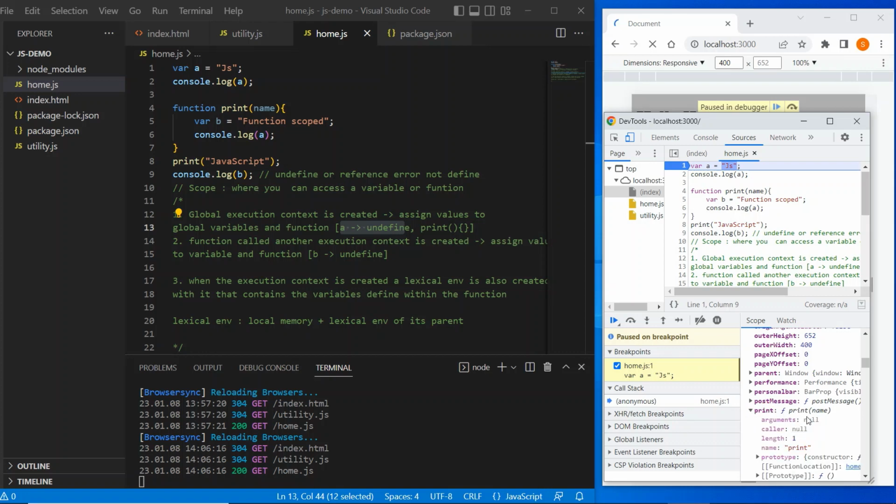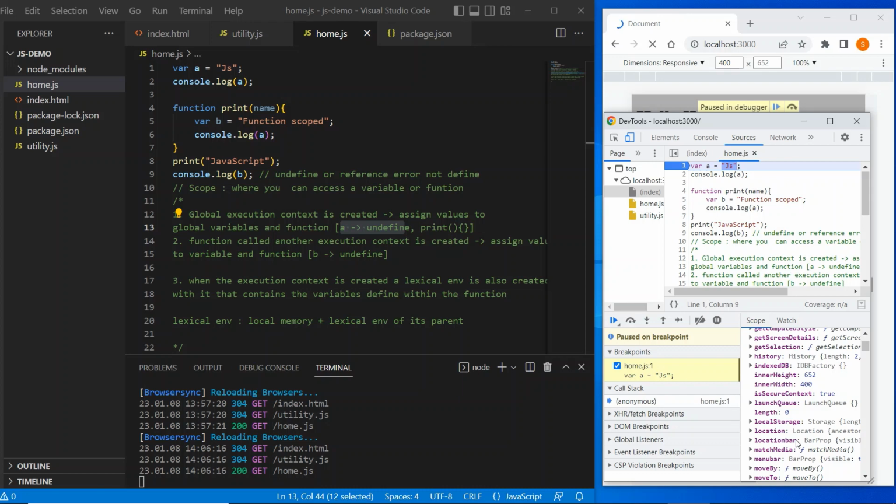So in the first step, before even running the first line of the JavaScript program, a global execution context is created and memory is assigned to global variables and functions. Here a is our global variable, so it is assigned undefined, and memory is assigned to our function also.